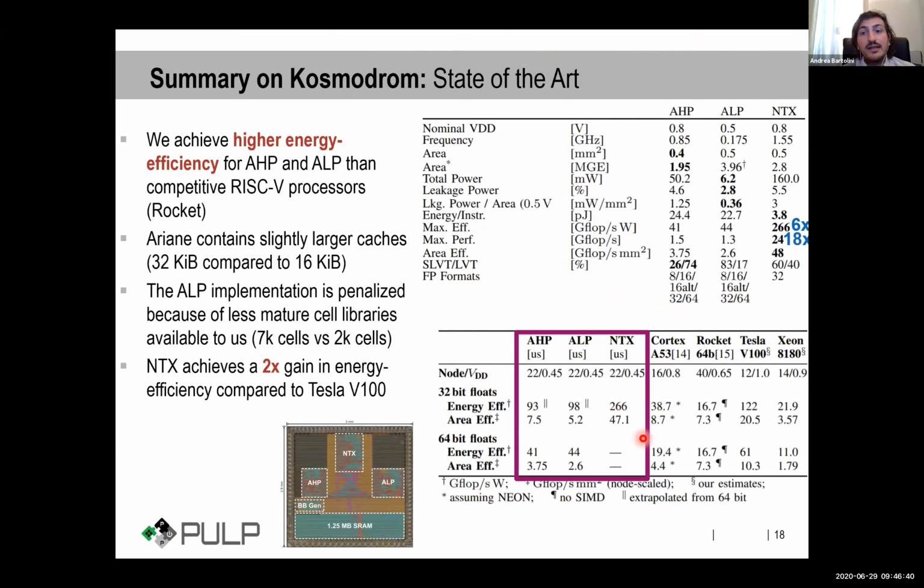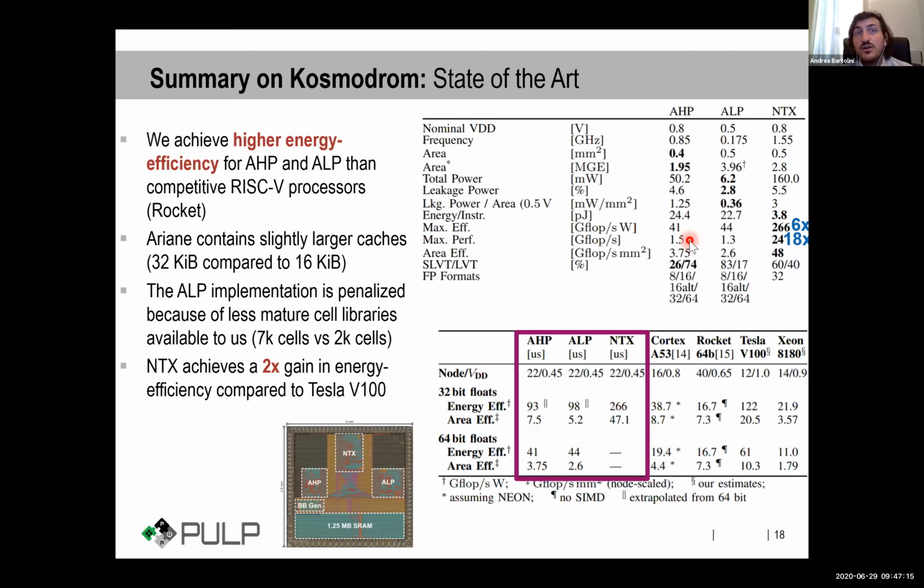When we compare NTX with the Ariane processors, the first thing that we can notice is that the peak performance of NTX is about 24 gigaops per second on 32-bit floating point matrix multiplications, while Ariane is limited by its clock speed as a single core, so it can achieve 1.3 gigaflops per second.